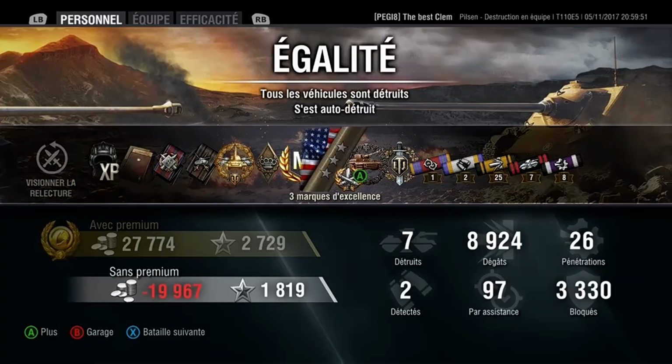But moving on to the post-game stats, let's have a look at how the best Clem was rewarded for his efforts in that game. He picked up a high caliber medal, an ace tanker mastery badge, devastator medal, and top gun medal, securing 8,924 damage from 26 penetrations. He destroyed 7 enemy tanks that game, detecting 2, picked up 97 assisted damage, and blocked 3,330 damage. He actually lost silver on that game because he doesn't have a premium account active, so he lost 19,967 silver and picked up